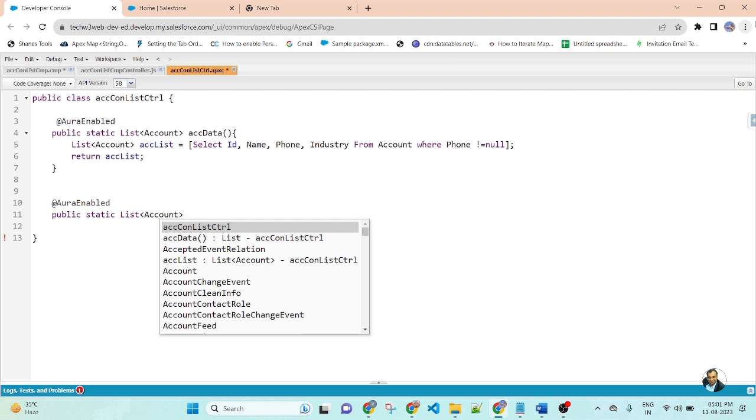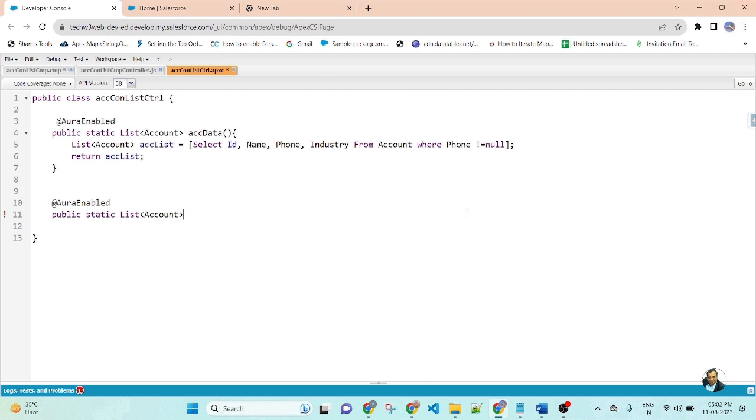Here I will fetch the related list of contacts based on account ID. So I will write a nested SOQL query in this method. Static public List of Account, the name of the method is accountNested.